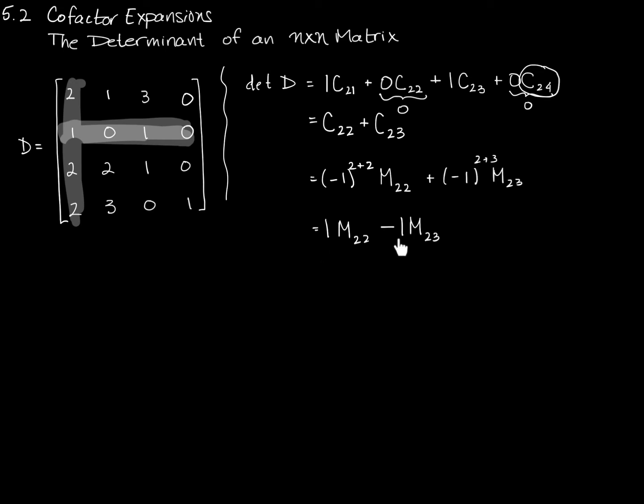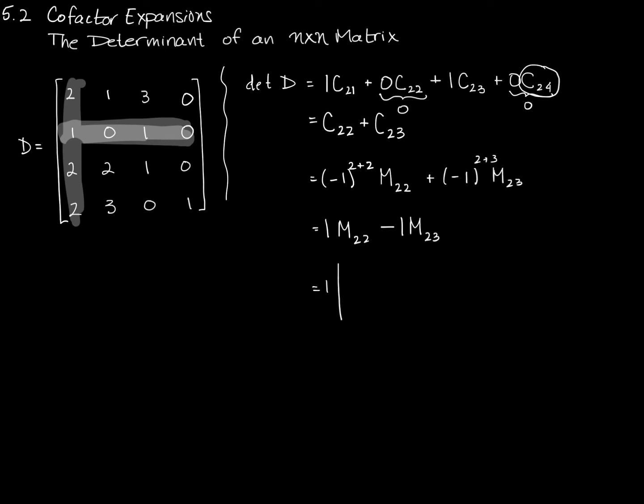So far all I've done is figure out what my signs are, and I've got my coefficients in place. This one was 1 and this one was 1. That comes from here and here. And I've determined that I don't need to work these ones out at all because these coefficients of 0 are going to make those terms go away anyway. So now all that's left to do is figure out what those 2 minors are. My signs are in place. My coefficients are already in place. I don't really even need to write that 1, but I'll leave that there. The minor of 2, 2, the minor of the entry from row 2, column 2, is the determinant